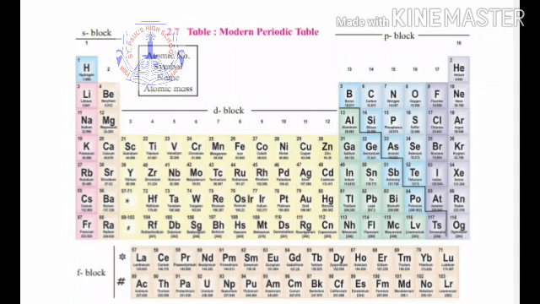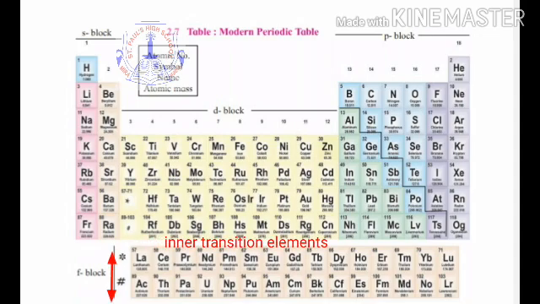Okay, after the normal elements we come to the transition elements. You can see these elements here from group 3 to group 12 over here. These elements are called transition elements. And why do we call them that? Because they don't have a fixed valency like the normal elements. Their valency changes. Okay, and in these elements the last 2 shells are incompletely filled. Okay, this is the speciality of transition elements. After transition elements we come to inner transition elements.